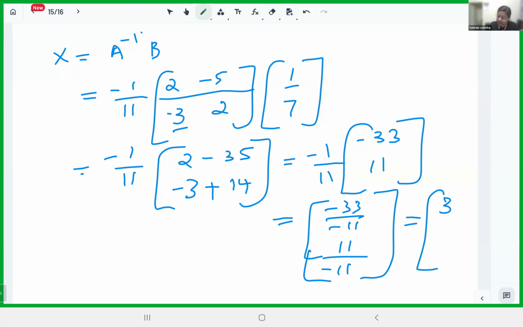That is 1, and here there is a minus, so it will become minus 1. So what are the unknowns? X is equal to 3 and y is equal to minus 1. So we have solved the system of equations. What are they? X equal to 3 and y equal to minus 1. Okay, now